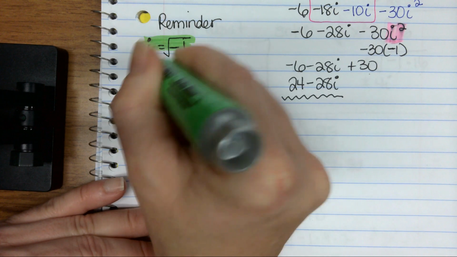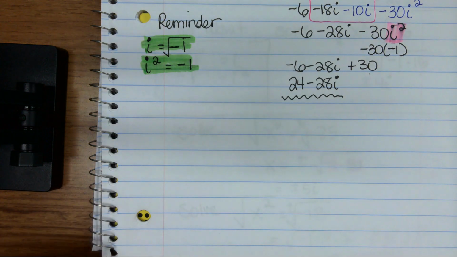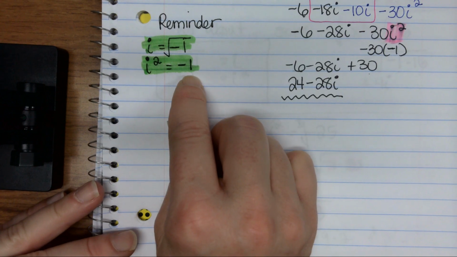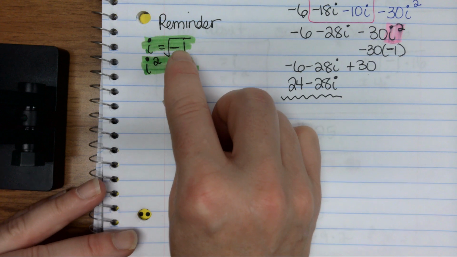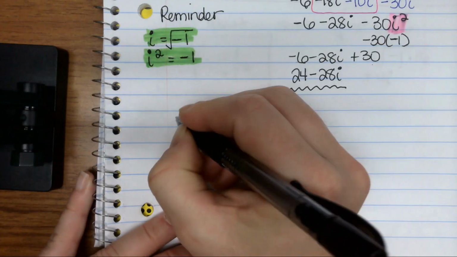So today, for the multiplication piece, you're going to multiply and treat i as you would if it were like an x, as if it were a variable. But when you get to the end, if we see i squared, we're going to replace that with -1. We're not going to do anything with the i's, we're going to leave them in there. But this, we are. So let's multiply